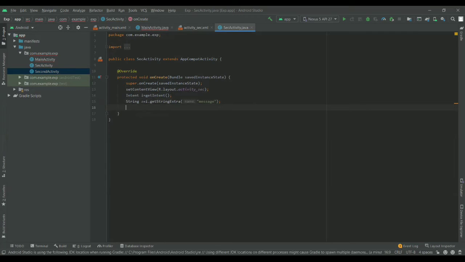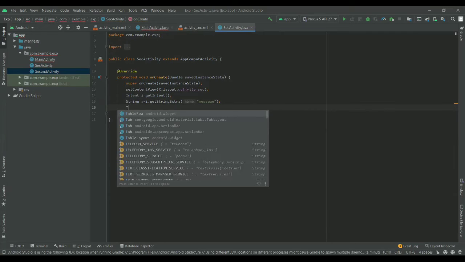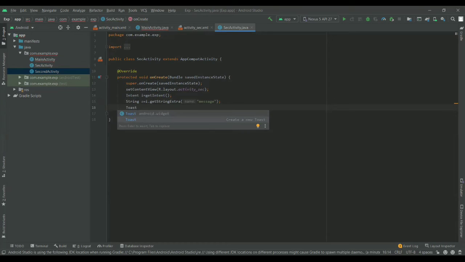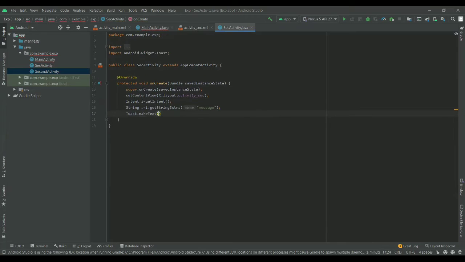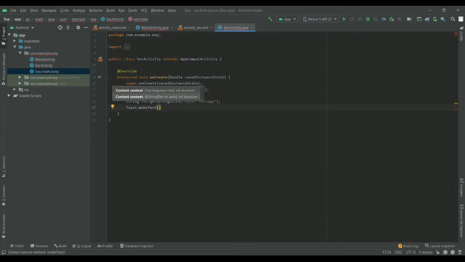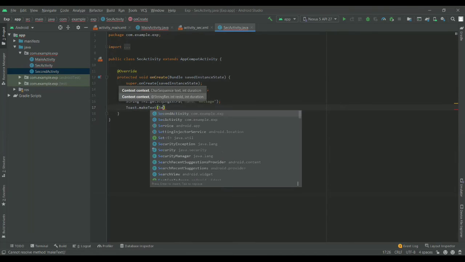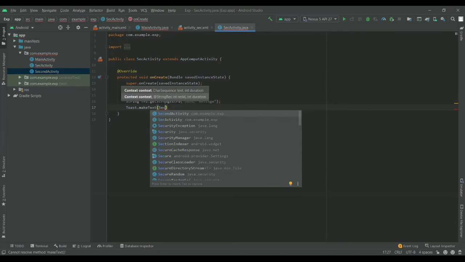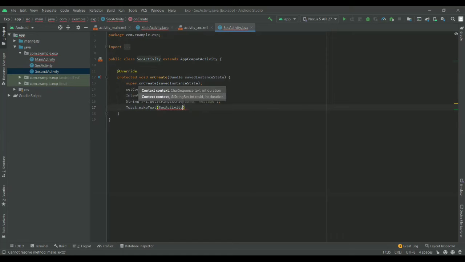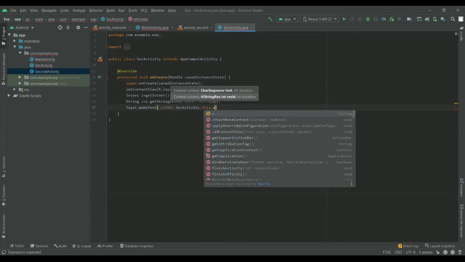Next, we use a Toast to print that value passed to this page. Toast dot makeText, and within the makeText function we specify SecActivity dot this, comma, the value of the variable passed to this page,